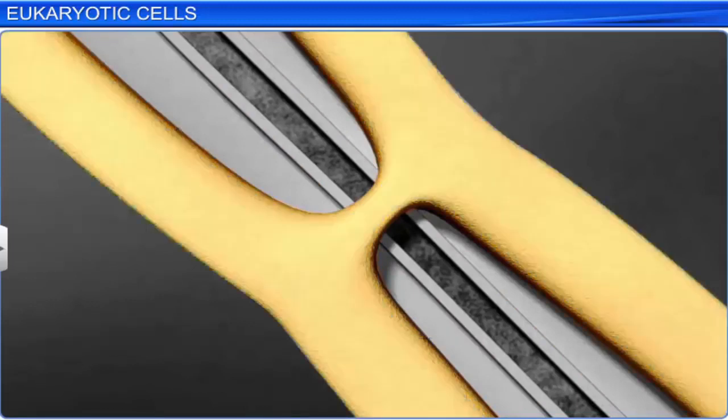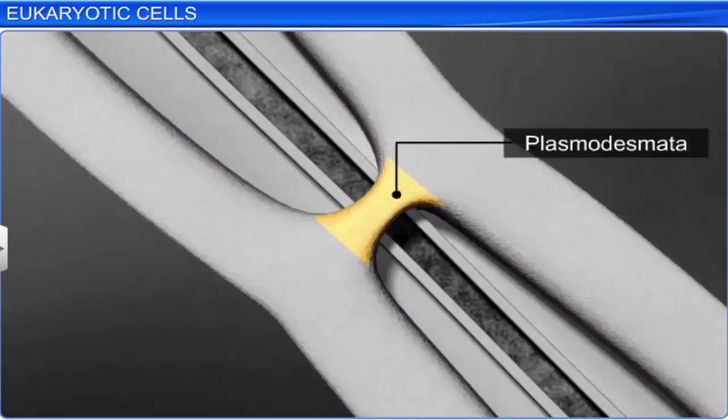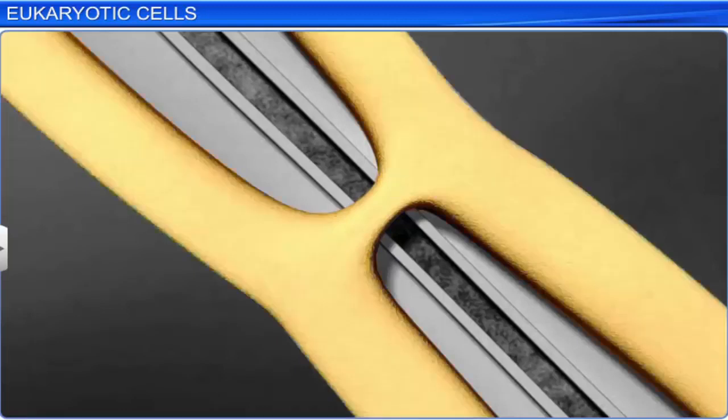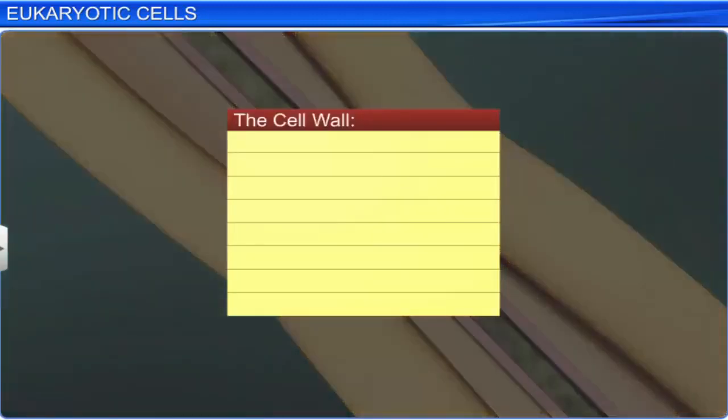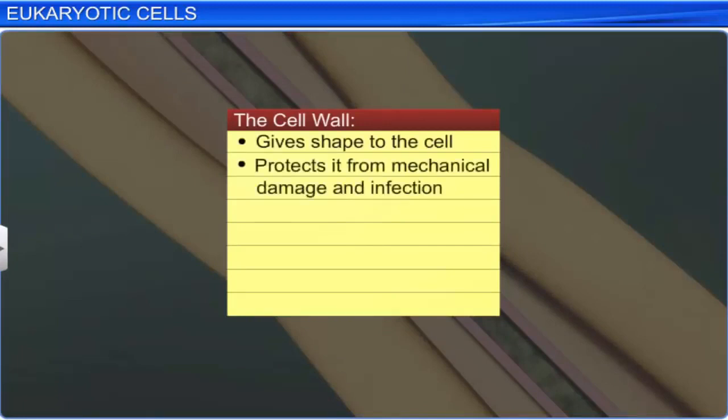Interestingly, the secondary cell wall and lamellae do not occur as continuous layers, as they are interrupted by plasmodesmata, fine strands of cytoplasm that facilitate the transportation of materials between different cells in a plant. The cell wall is an important part of the cell as it lends shape to the cell, protects it from mechanical damage and infection, prevents the entry of undesirable macromolecules such as nucleic acids, and also aids in cell-to-cell interaction.